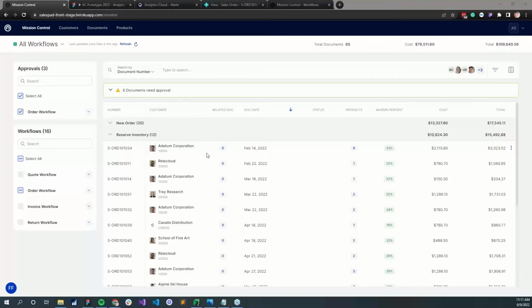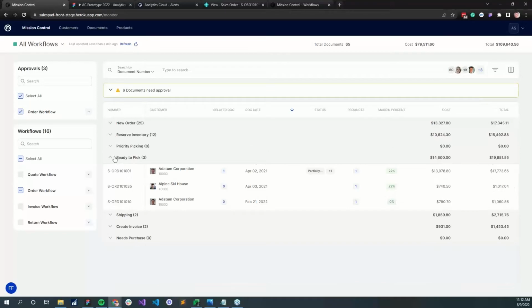When we think about sales reps, they're often putting in documents, but they lose visibility into them after the fact. Things like, all right, I put the document in and my fulfillment team takes it from there. And then when they get questions from their customers, they're always starving for information. They've got to contact the fulfillment team, they've got to contact the operations team, and that really results in a lot of challenges in making sure that operations go smoothly throughout the process. So really the goal of Mission Control is to allow everybody within the organization to have all of that information. And so really this is the rendering of